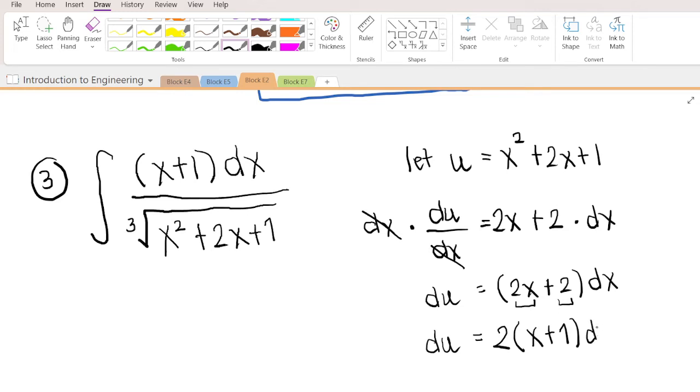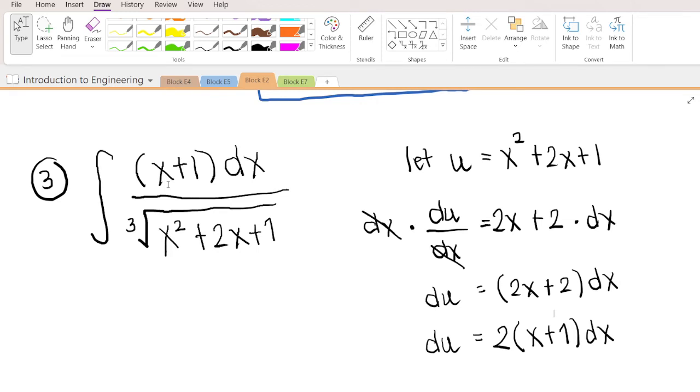And then dx. So I hope the viewers of this video find the process okay, or valid, so you don't get confused how I do it. So I'm just extracting the 2. It's a common term for each of the terms. It's common for both 2x and 2. So it's valid to do that. And for me to get x plus 1 dx, same as the one here in the integral sign,